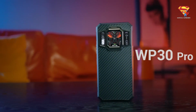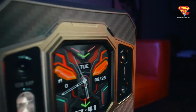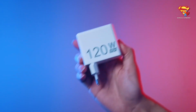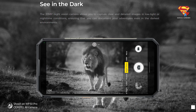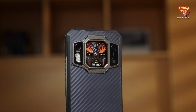Now this right here is the brand new WP30 Pro from Oukitel. It is a brand new 5G dual screen rugged smartphone with a large battery and 120 watt super fast charging. Plus it's also got night vision, and I'm going to tell you everything that you need to know about this